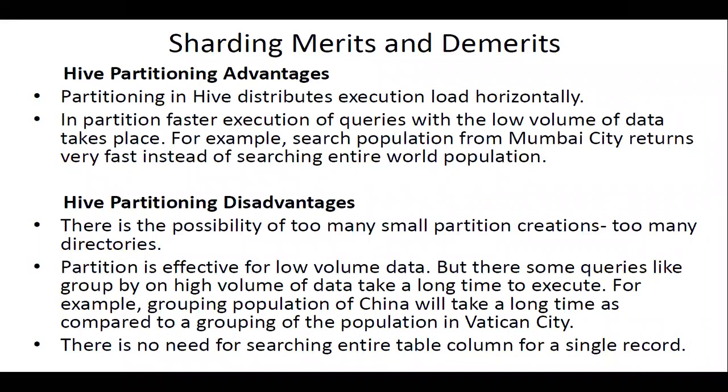And then the next one is Hive partitioning. What is the disadvantage in partitioning? That is, there is a possibility of creating too many small partitions, too many directories. So one more type of sharding we have is directory-based sharding. And here, suppose you do dynamic partitioning based on certain conditions, there is a possibility of creating too many small shards. Okay, so when you have too many small shards, it will be very difficult,